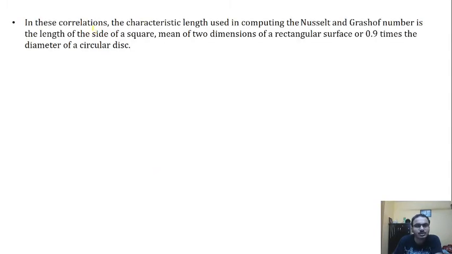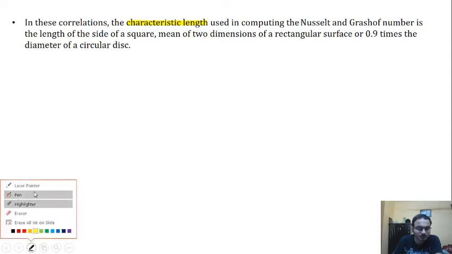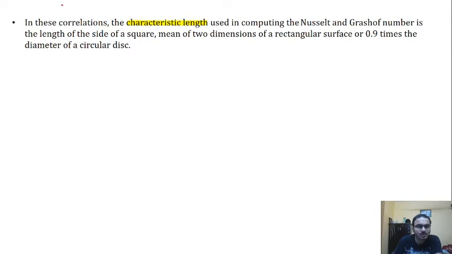In these correlations, the characteristic length that is used in computing the Nusselt and Grashof number. Now what is this? If you recall, it is talking about Nu equal to hL by k. So they are talking about this L, and the same L is also coming in the Grashof number. So this characteristic length